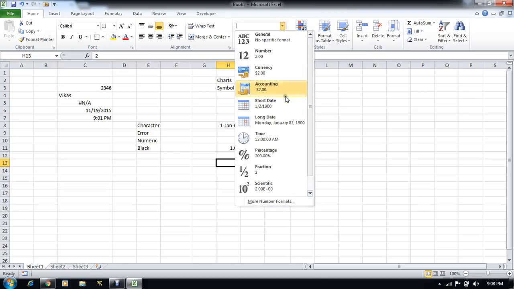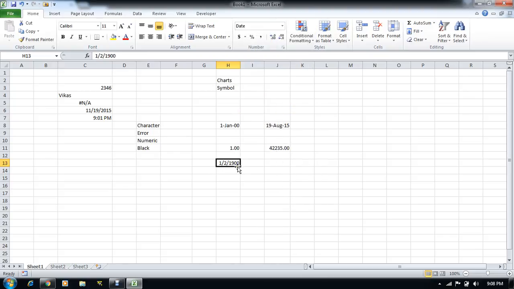Let me change this to a date. You can see that it is now 2nd Jan 1900, and we can paste the same format here. If I add 365, it will be the 31st December 1900. Let me copy this format and paste it here and change this.